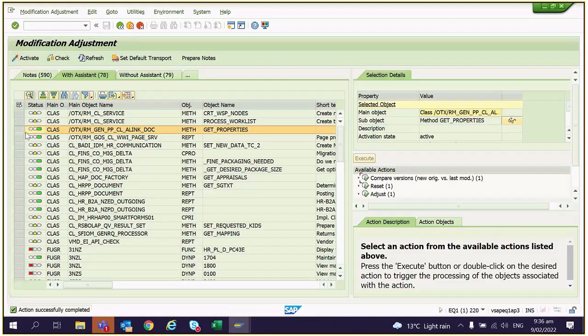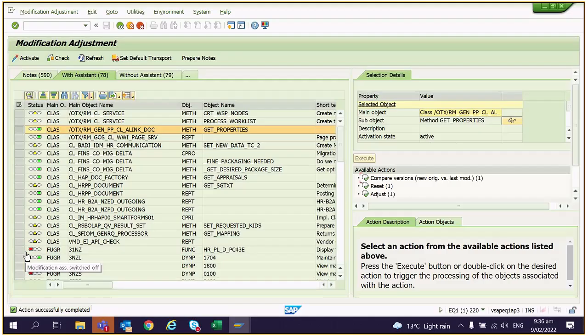So in this example, for the green ones, when you click on adjust, the standard itself will take care of copying the custom code from right to the left hand side, so you don't have to worry about it. For the green ones, you just decide if you want to adjust it, and once you click on adjust, or if you click on reset, the standard is going to take care of it. You don't have to do anything. You only need to do it manually for the yellow ones, and for the